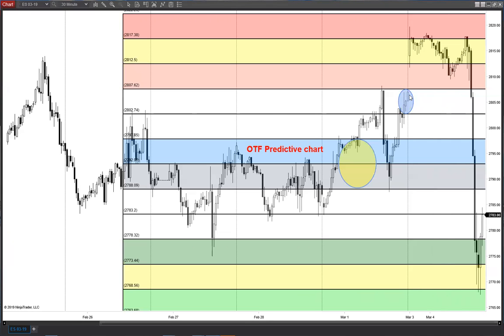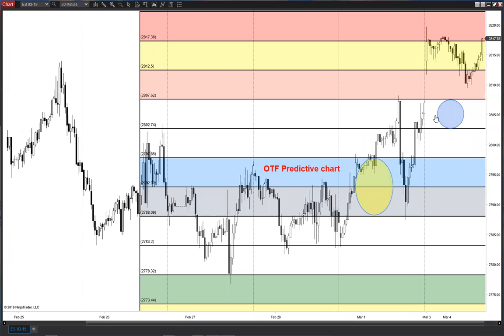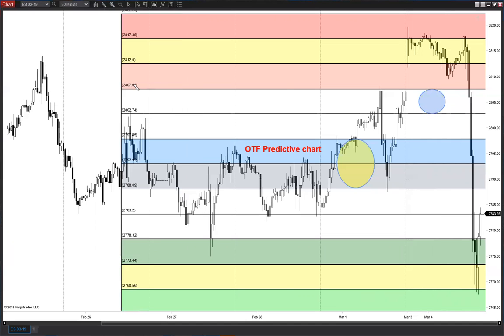This zone, I said, I doubt that we'd close the gap, but we could. And I said, but I certainly don't think we're going to break the 02. So 02 was my violation idea, that this should be supportive. And if it's not, if that 02 was not supported, if that was not respected,